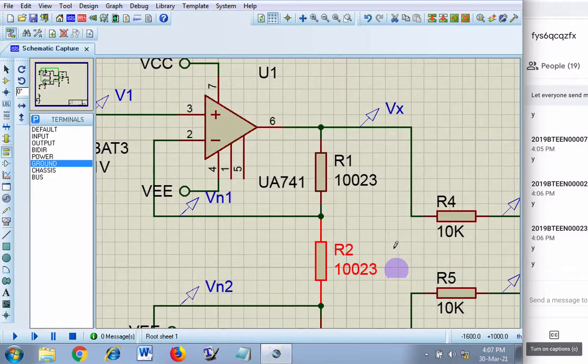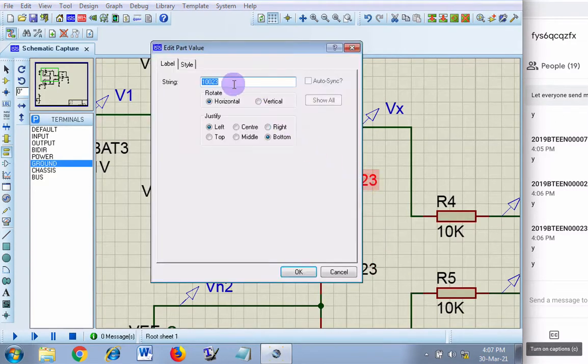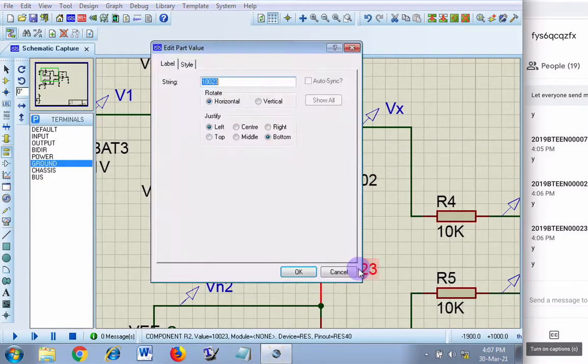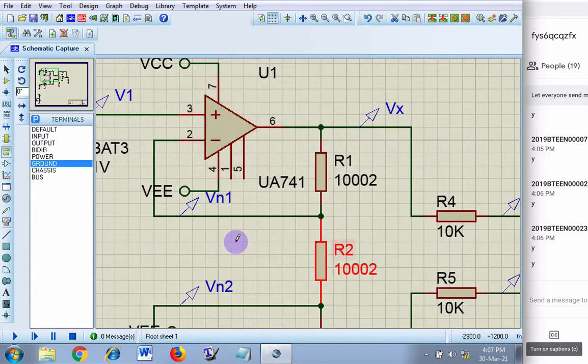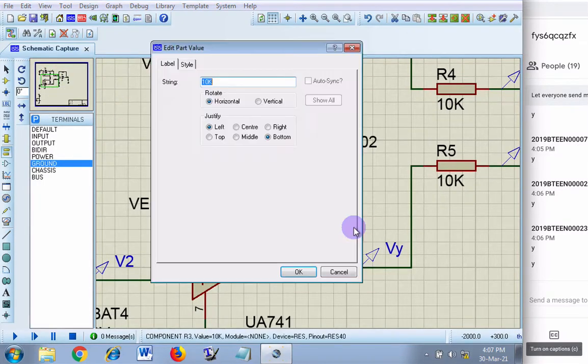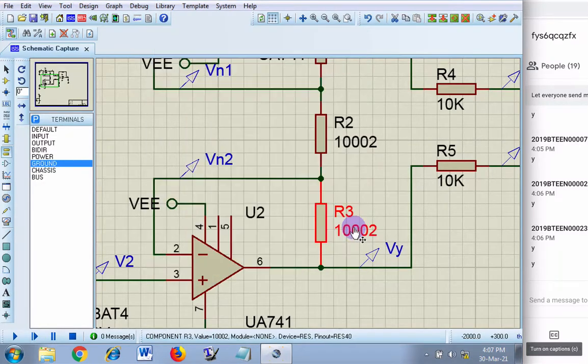If Amol is doing this, Amol will do it like this, 02. This is Amol's circuit. So everybody's circuit will be slightly different, though it will be in principle the same. So everybody will do on their own. Everybody understood this?